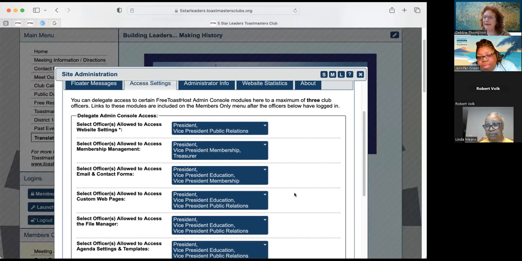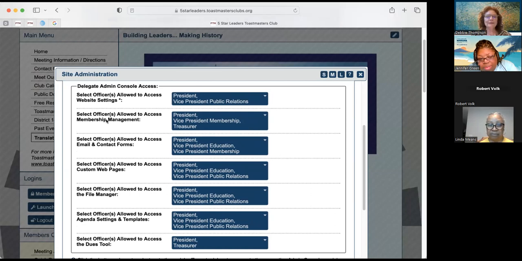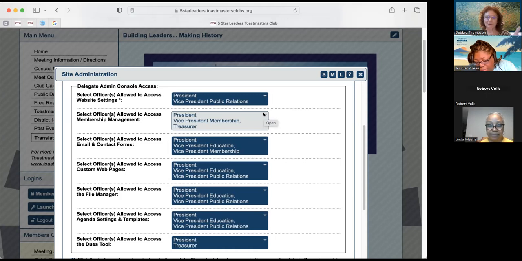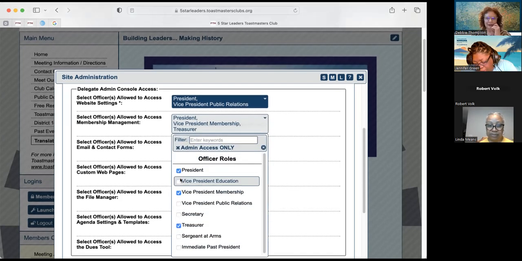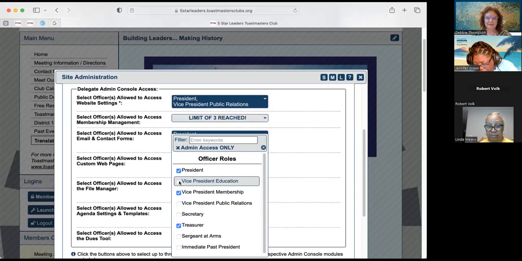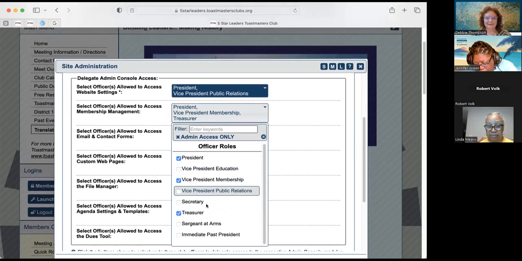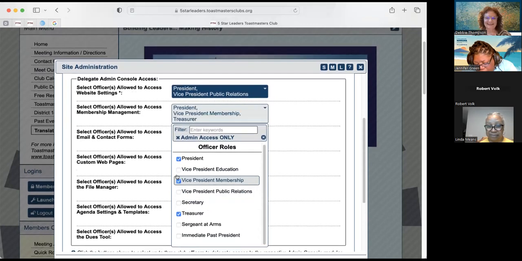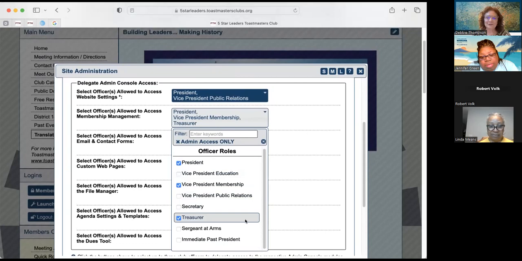The people that we have and the officers that we have that have these different capabilities. Because you may look at this and say, membership management, yes, that's somebody we always want our VP membership to be able to update. And so we have him or her on the list. You can go in and change this. I think it only allows 3, but I can change this. Okay, I don't want to do that. I can take them off, but I don't want to do that. But you can see how I get what you're saying.